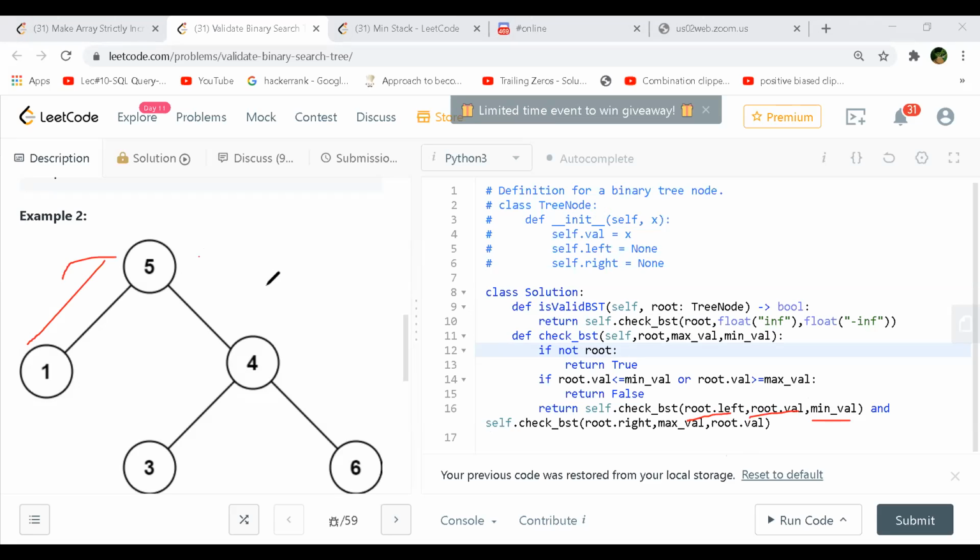And when you shift to the right, your max value will be plus infinity, it can go to that extent, and your min value will be the root value, which is 5.